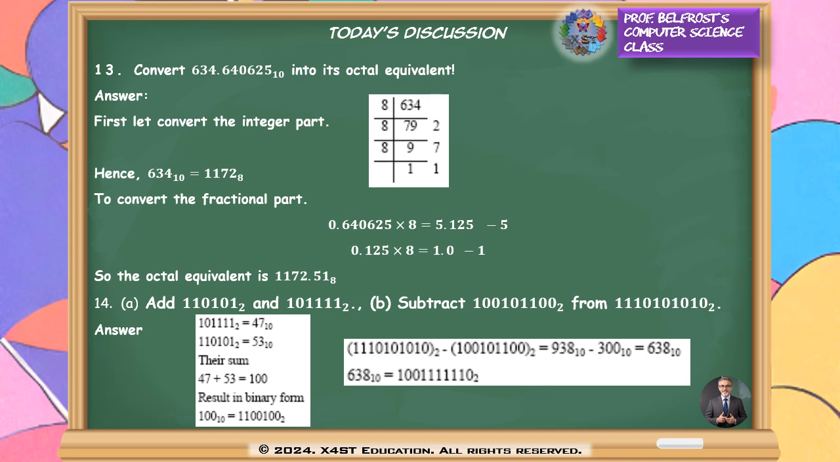Next problem, convert this into octal equivalent. Yeah, we need to proceed separately: for the integer part, keep dividing by 8. For the fractional part, keep multiplying by 8. That's how we do it. So the equivalent is shown in the slide. Next problem,